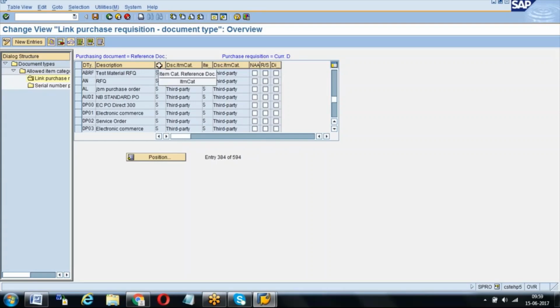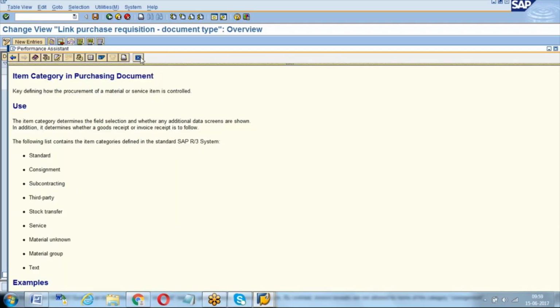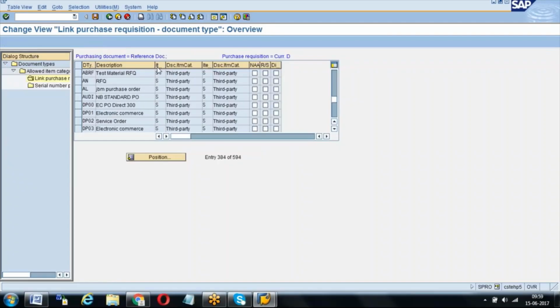Both are item category, but if you see here, item category in reference document is the item category of the current document. What is our current document? This is our document, the PR, whatever linking we are doing.